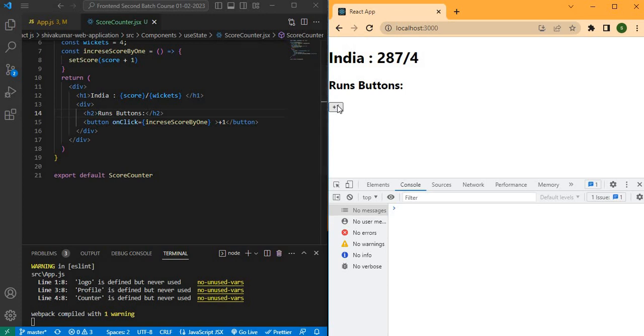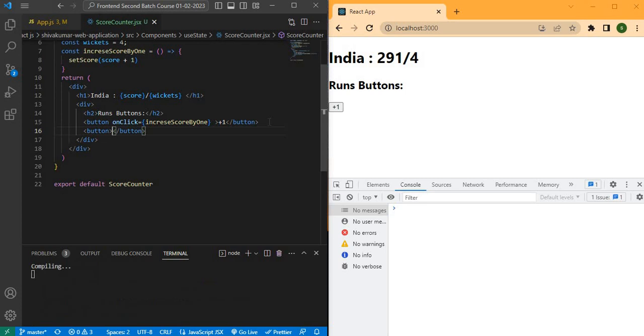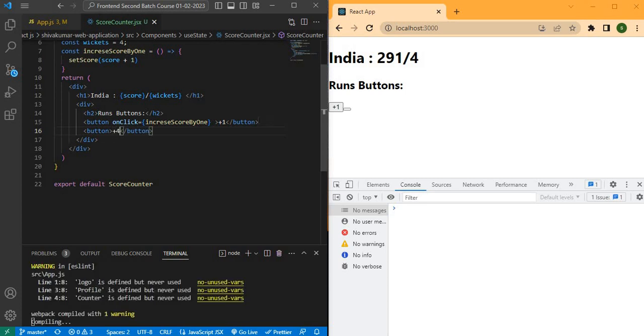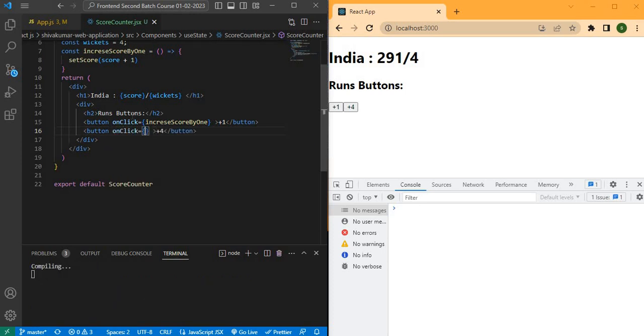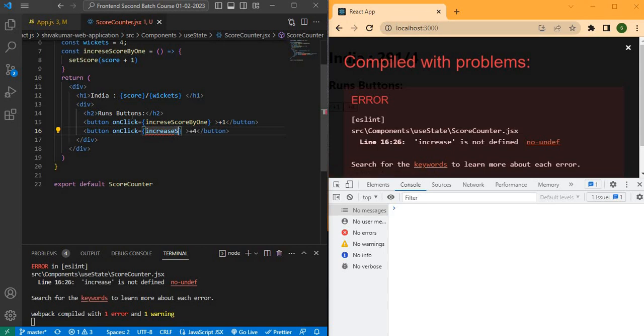Like if any person hits a 6 or 4, then we have to click 4 times, like 1, 2, 3, 4. For that there will be a chance we click 3 times or 5 times or 6 times like that. So for that I want to create another button, plus 4 button, and I want to create a function, onClick equal to increase score by 4,